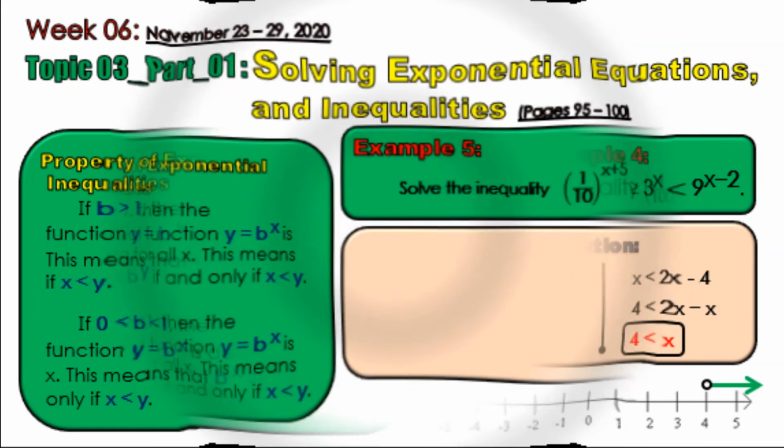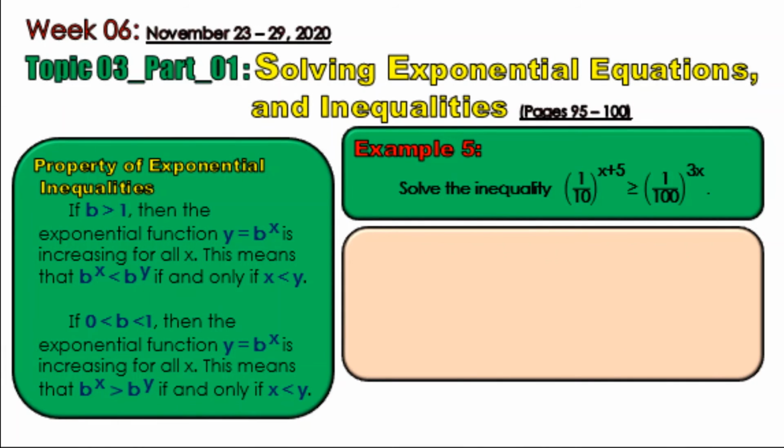Next, let us proceed to example number 5. We have to solve the inequality 1 over 10 raised to x plus 5 is equal or greater than 1 over 100 raised to 3x. Okay, so solution. Again, our target is to make our bases equal. So 1 over 100 can be expressed as 1 over 10 squared. Applying the law of exponent,